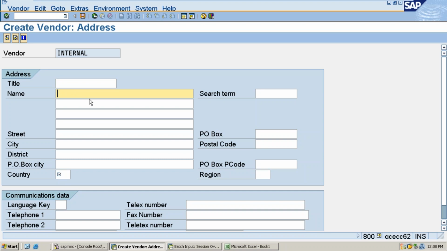What is the name? Example, I want to create one test vendor, no? Testing purpose, right? For recording purpose. I want to create a test vendor here, or maybe you can create the actual vendor only. You have collected the inputs from the business team, right? Thousands of records are there, right? Take one sample record, create one master record manually with that same record, and the recording will be done.